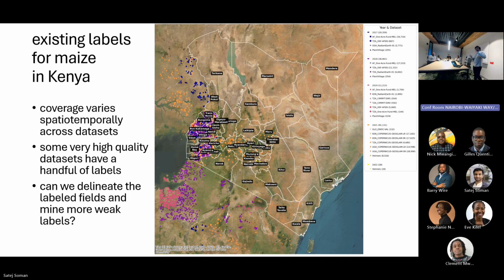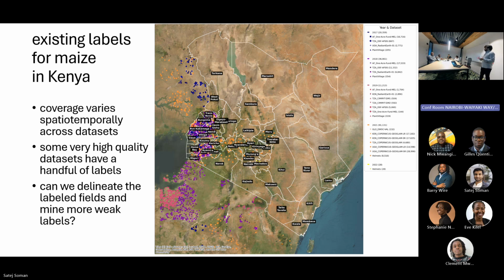The other kind of heterogeneity you see in label quality is that some data sets are very well documented and we can guarantee that they actually map out maize, but they might only be applicable to one county. Whereas other data sets that have a ton of labels might cover some of Kenya, but even though it's supposed to be a Kenya-specific data set, it actually covers Tanzania or Uganda even better than it covers Kenya. So there's a huge amount of heterogeneity in the usability of labels, but we've identified some data sets that have very high quality labels.